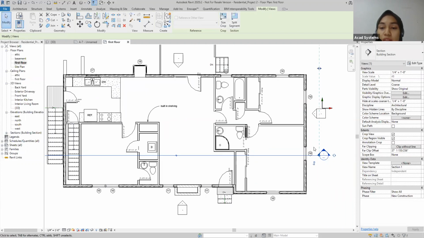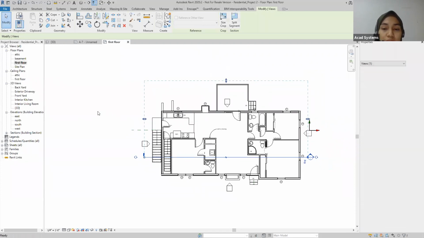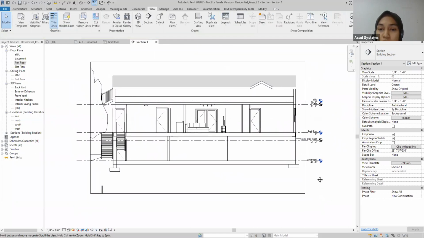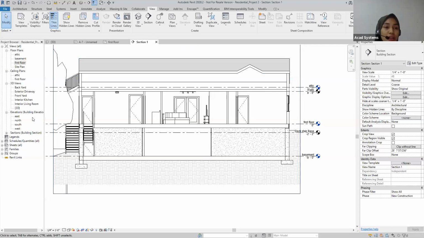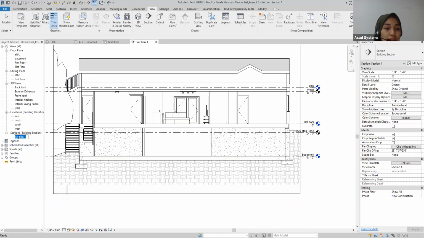Okay, I'm going to flip because I want my view range to be the opposite one. All right, so just right click, go to view, and let's see the cut section of this floor plan. So this is the cut section, and notice that here at the project browser, it is newly added under section, building section, as Section 1. It's automatically named for you Section 1, but we don't want it to be named Section 1. Let's rename it as Building Section. And okay,